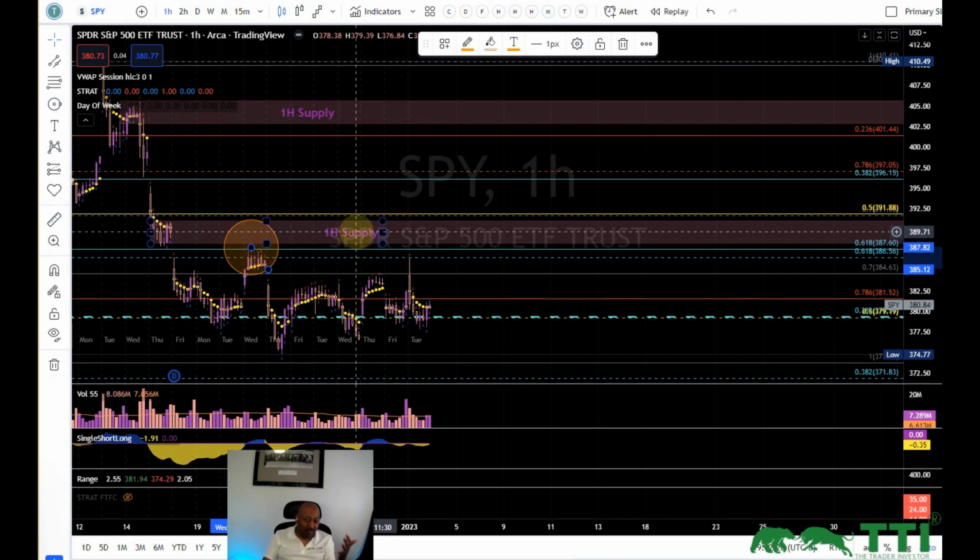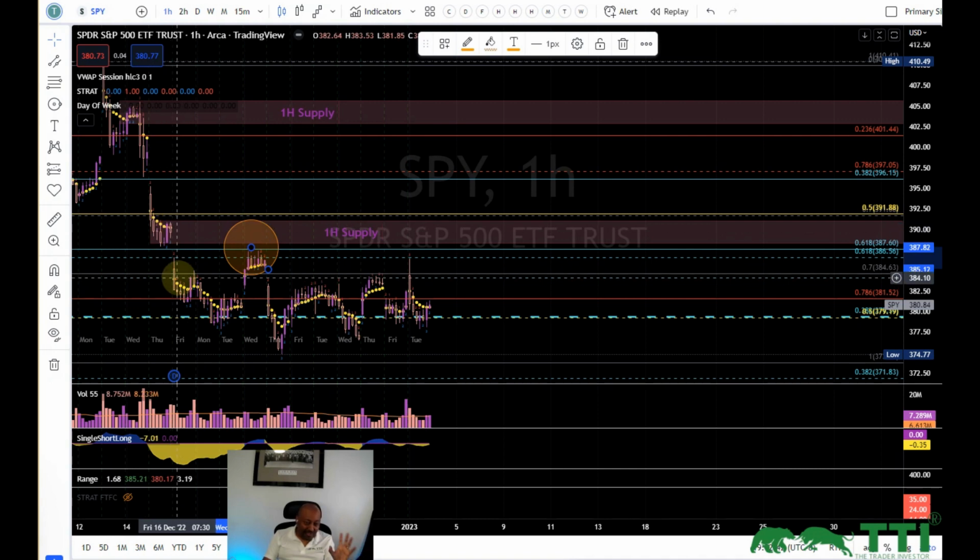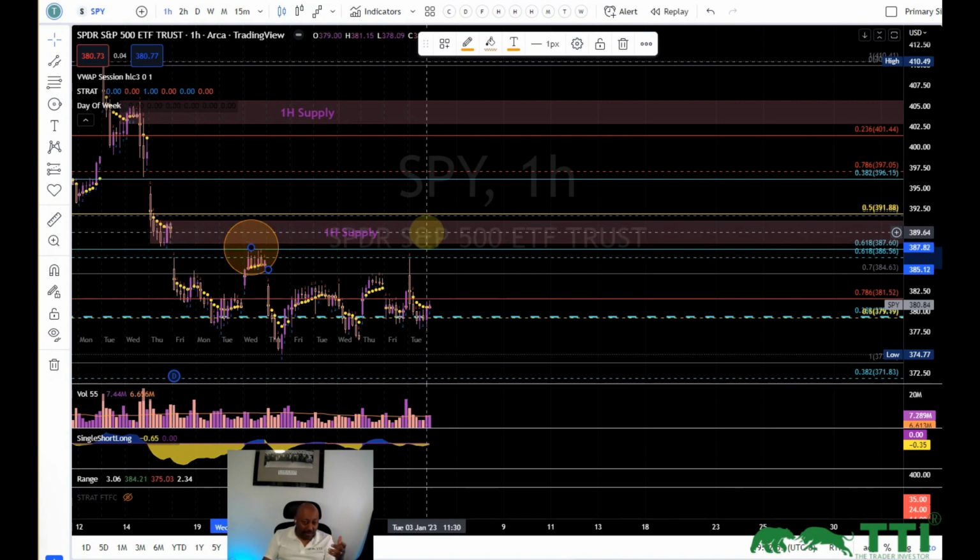That's why it's called a supply zone. They took a position here. Not all their orders were filled. If they wanted to spend $10 million, maybe 2 million got filled here because they're not chasing. Always remember that. We chase, they don't chase. They set the pace, right? They're not chasing. So that's why we want to follow what they do when they come back up here,